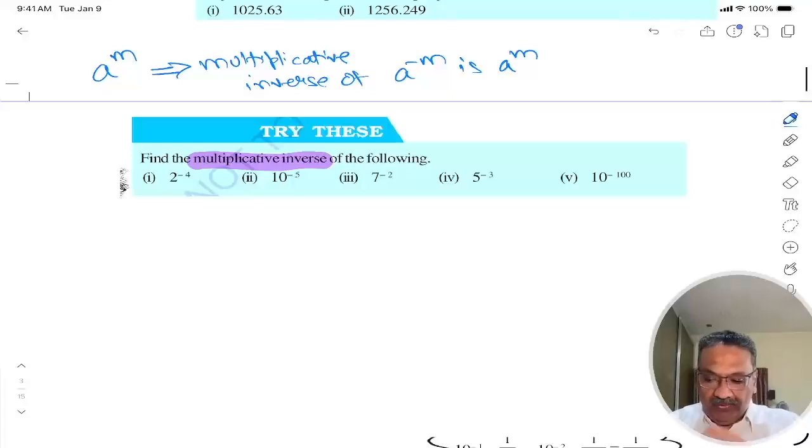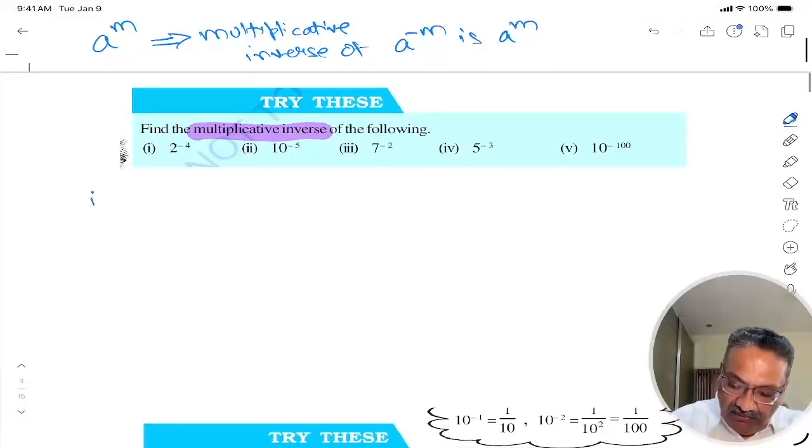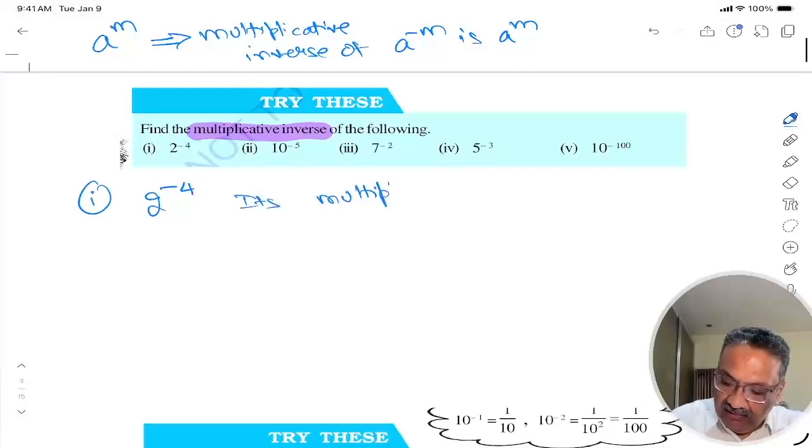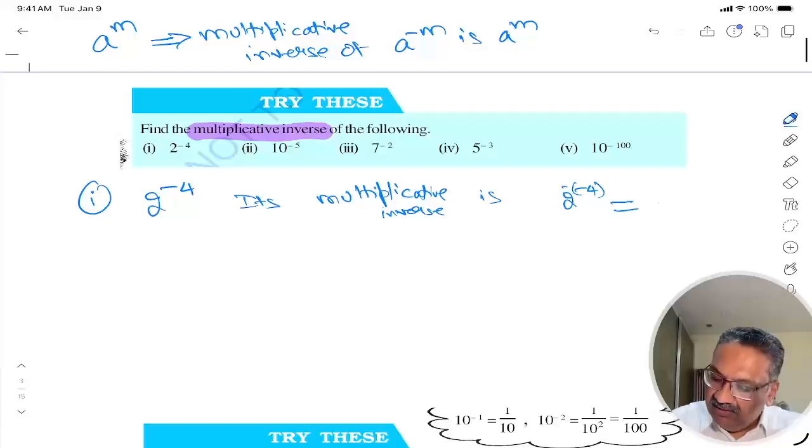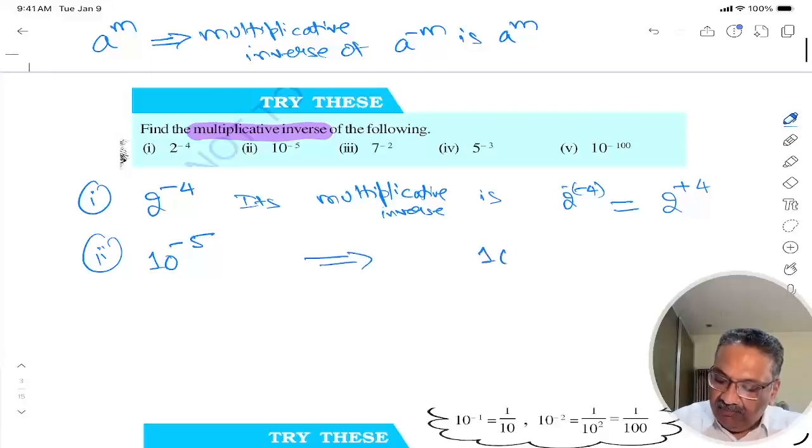Okay, so what will be the multiplicative inverse of 2 to the power of minus 4? Its multiplicative inverse is 2 to the power of minus 4, the sign becomes minus. So this becomes 2 to the power of minus into minus becomes plus 4. Similarly, the multiplicative inverse of 10 to the power of minus 5 is 10 to the power of plus